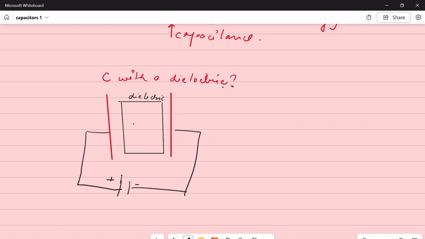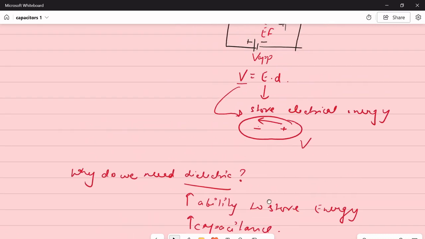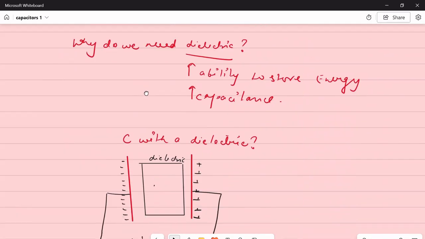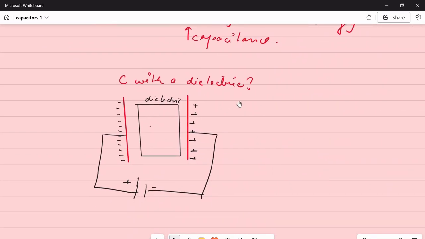This is positive and this is negative. So over here we have all the negative charges, and over here we have all the positive charges. Now what will happen is that when I put this dielectric inside this electric field, like I had shown you in the above example, just take a look here. This is all electric field over here. Now in this electric field I have put a dielectric material. So this dielectric material is already experiencing some voltage. So voltage is a kind of force. So when I apply a voltage on a dielectric, what happens?